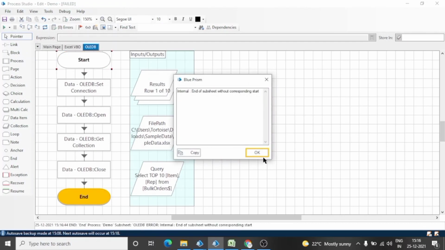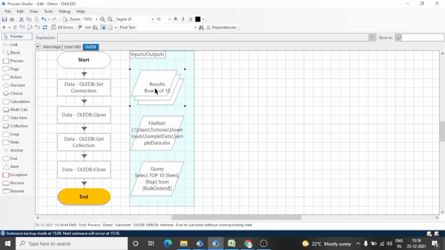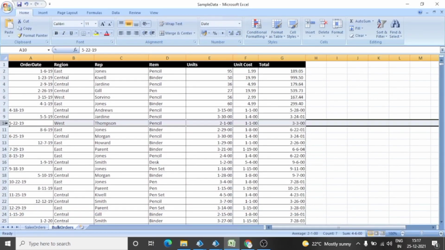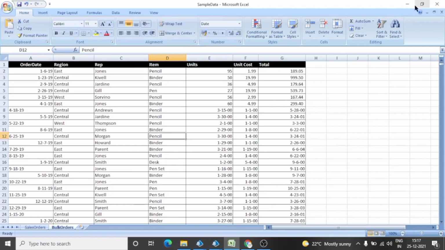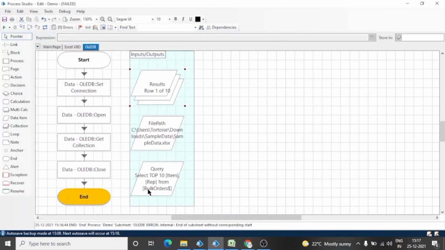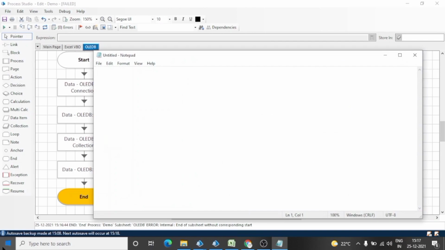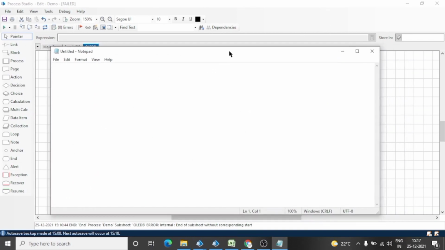Because we are searching for 10 rows, it takes very little time. See, we got only 10 rows and 2 columns. These are the first 10 rows, like this. And again, let me show you, this is how we can apply filters on columns and on rows. So these are some tricks to deal with bulk data.